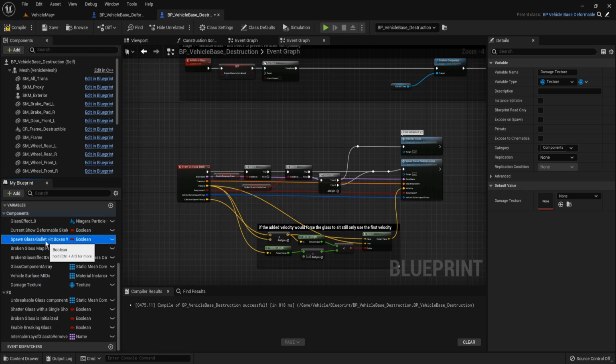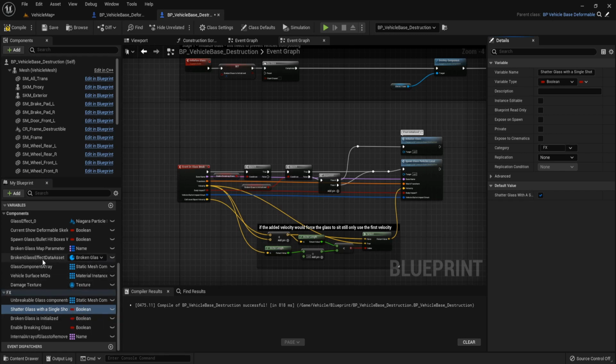For the spawn glass bullet hit bones, we set it to true. And enable breaking glass, set it to true. Shatter glass with single shot, set it to true.